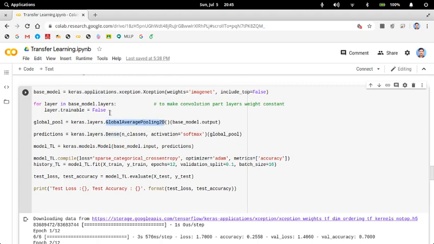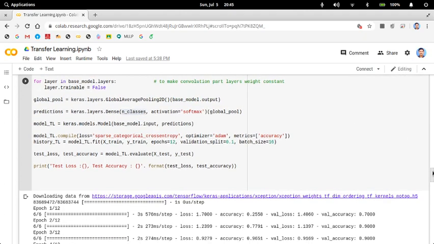These are the layers obtained after the base model. So you have a base model which is obtained from Xception, then you create a pooling. After that you call it global pool after the base model. After the global pool you create a dense layer with n classes, the number of classes in your data.